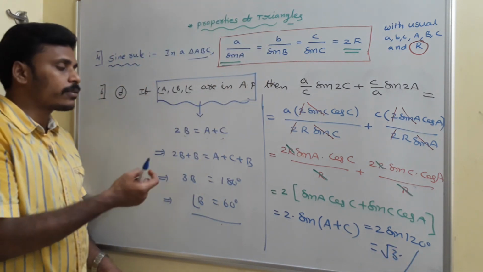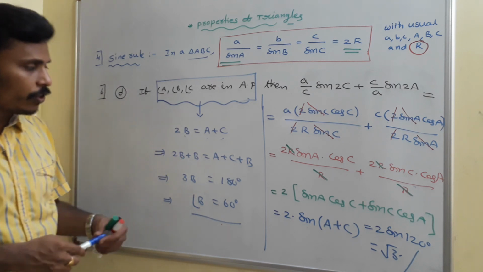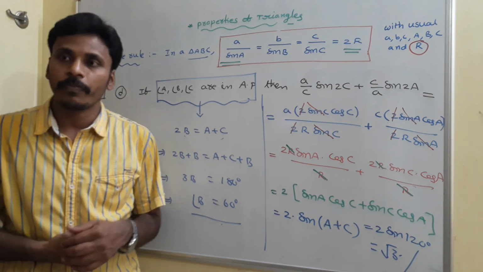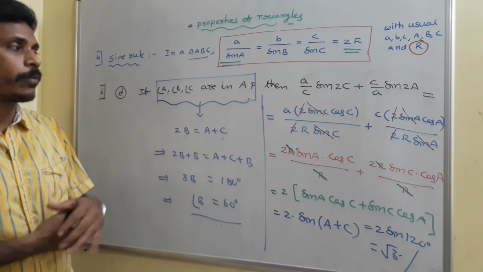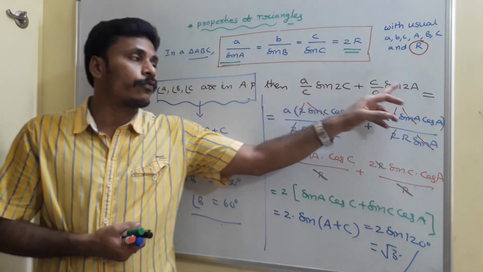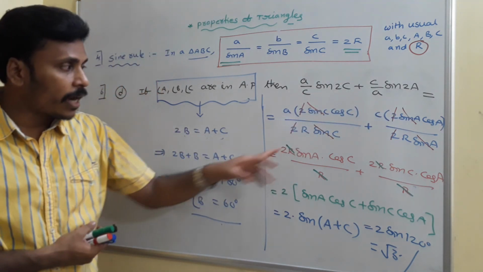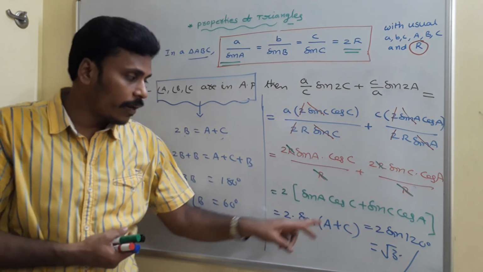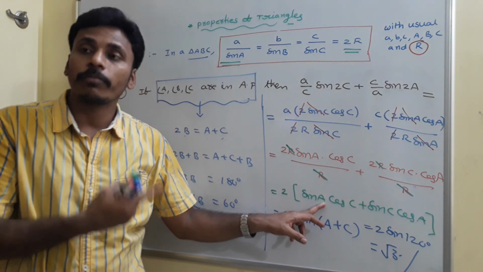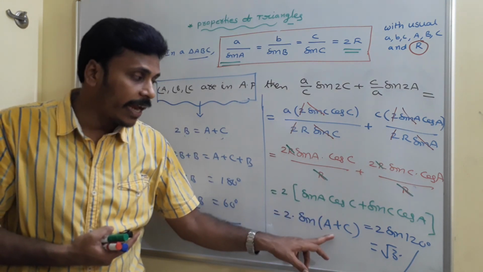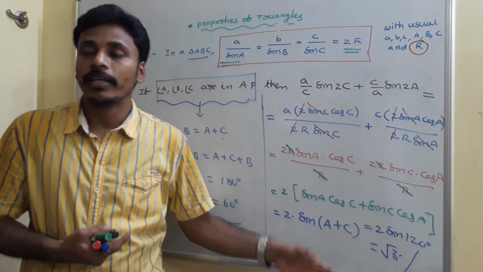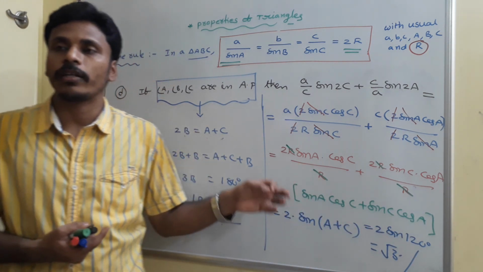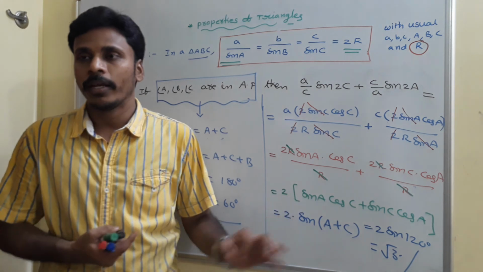Okay. So very simple problem where we use different concepts. Here we use the concept of arithmetic progression. Here we are using the formulas from multiple angles, the sine rule, the rules from compound angles, and at the end the value of sin 120. Many concepts are involved in this simple problem. Okay, just have a look.